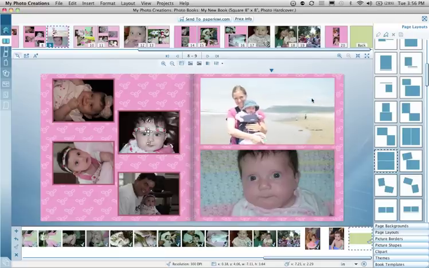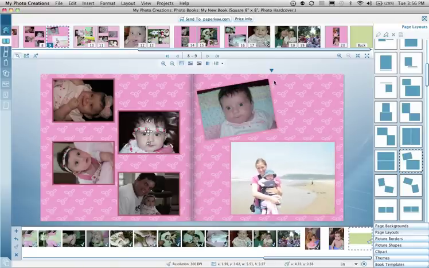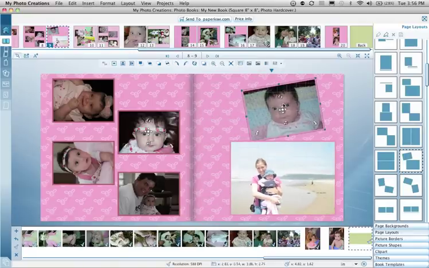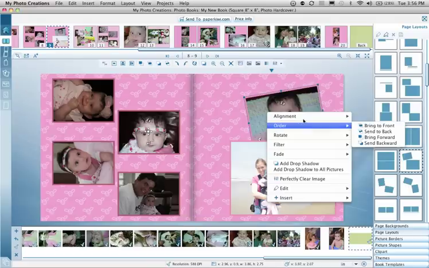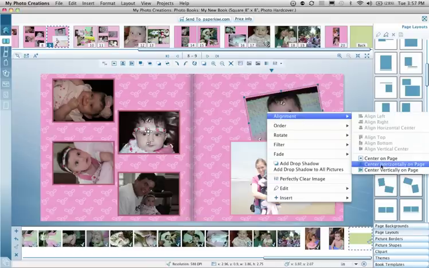So it will just change the layout to whatever I want. If I choose a layout and I decide that I want to change it, I can just click and drag and move any part of that layout. I can right click and put